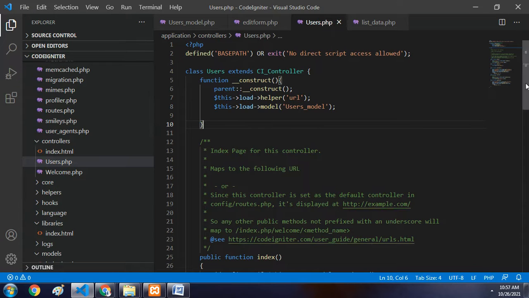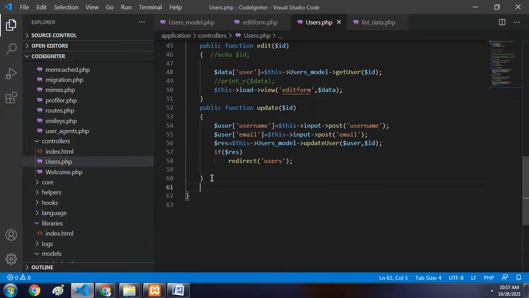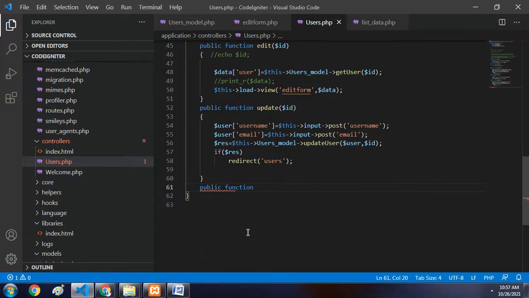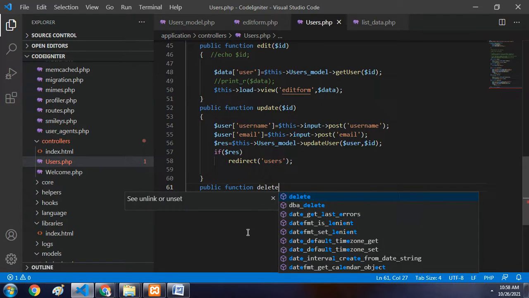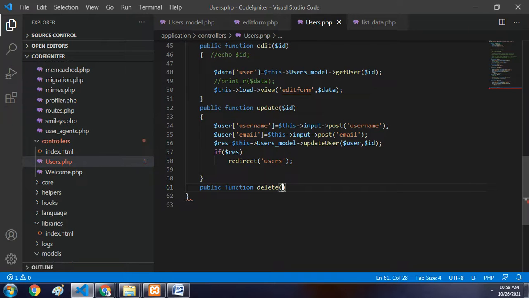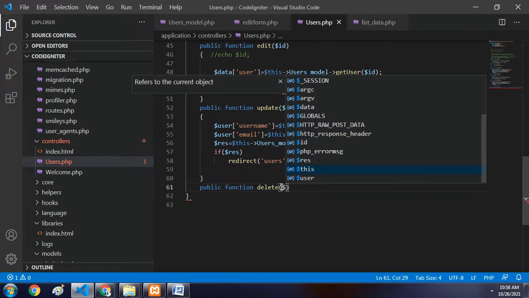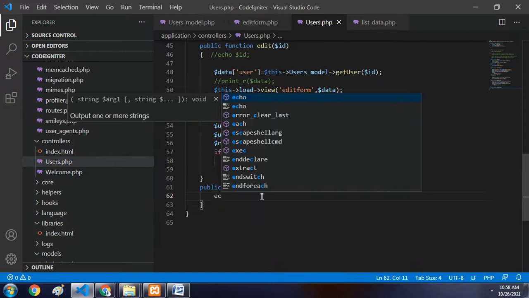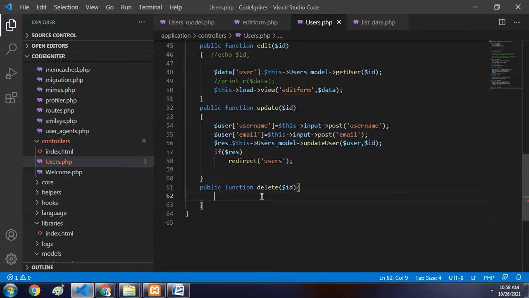So in users controller, I'm going to create a public function delete with the id, because we have to pass the id as a parameter to work in the delete. We are passing that through the URL parameter. So if we take this, we will get the id here. We need not echo the id, because we will definitely get the id. So for this, we have to call a function in